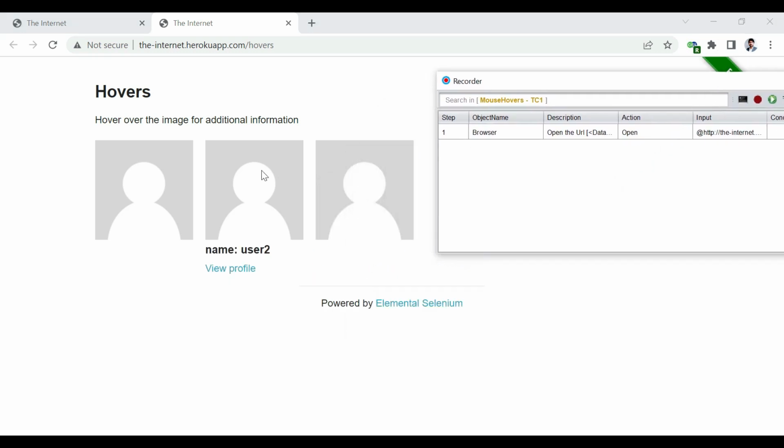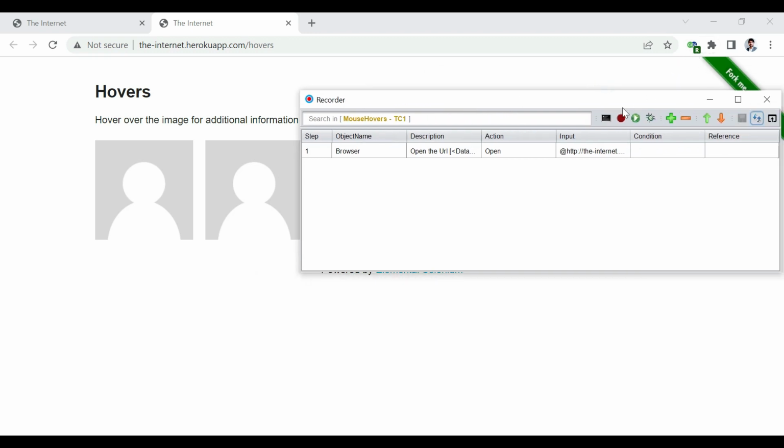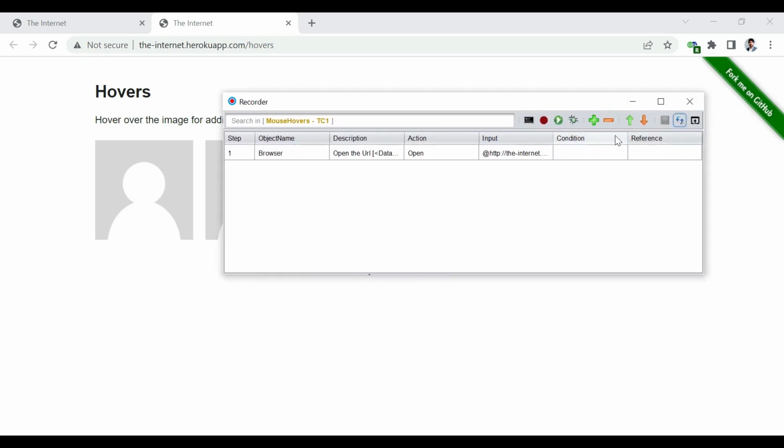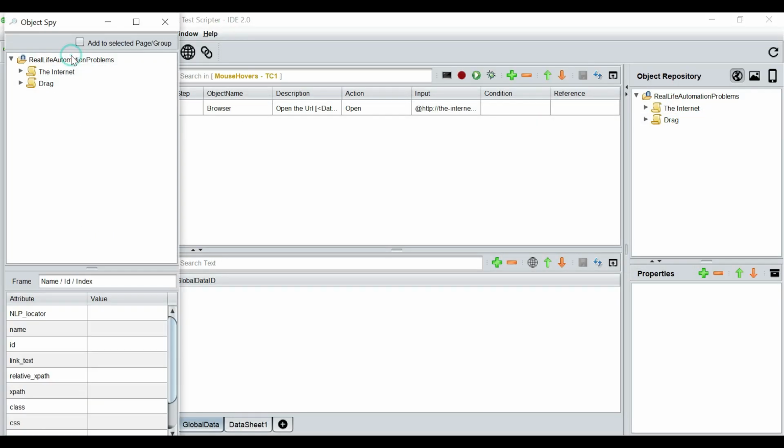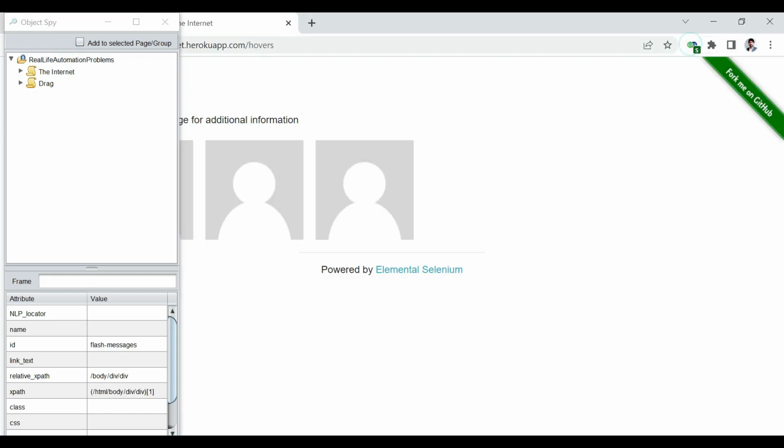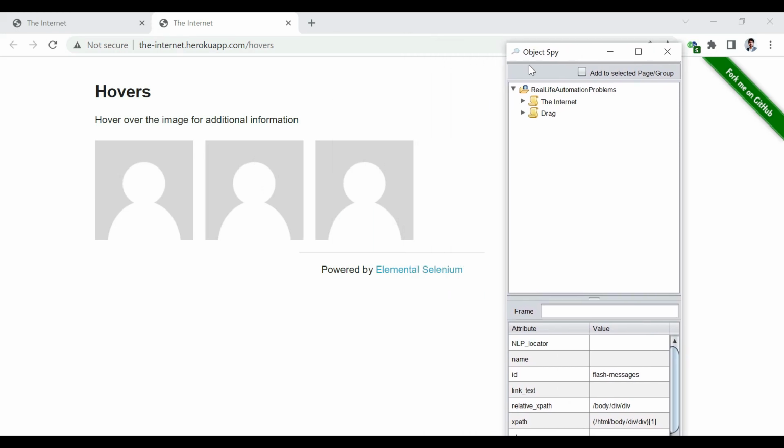Now if we do not record a click action, the recorder will not be able to identify these elements or any element on the screen. So what we have to do is we will not go for record anymore. We will close the recorder and we will open up the spy. Now from the spy, we just need to spy and add